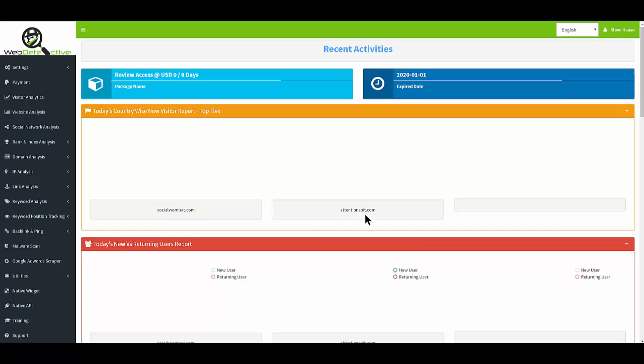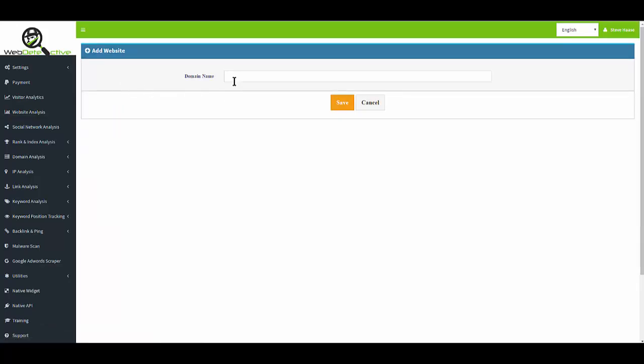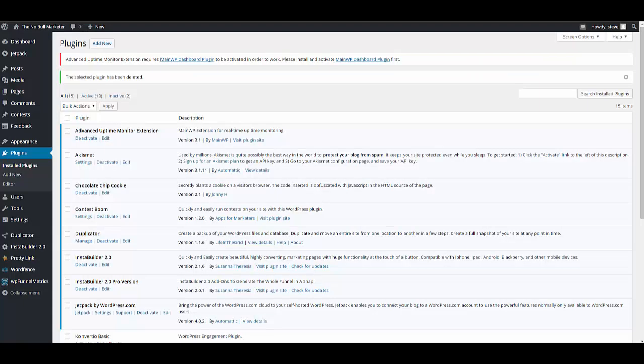So, under Web Detective's menu, go to Visitor Analytics, click Add a Website, put in the name of the domain, which in this case is going to be the Noble Marketer.com. Hit Save, and it gives you this piece of JavaScript right here. Copy that piece of JavaScript, go to the site,